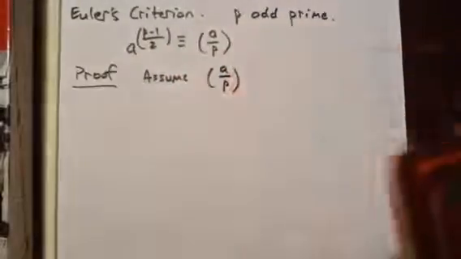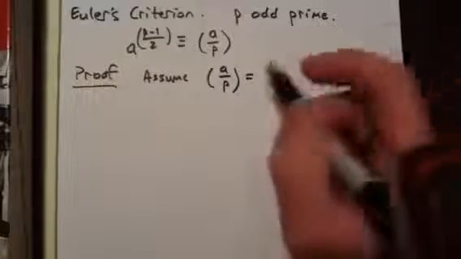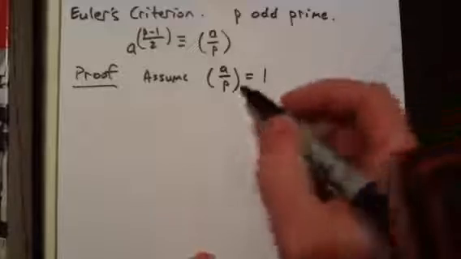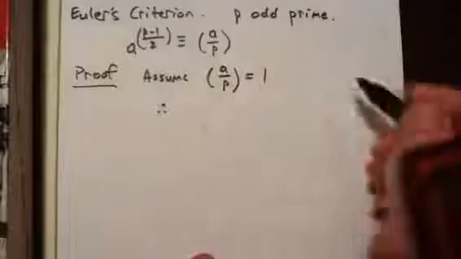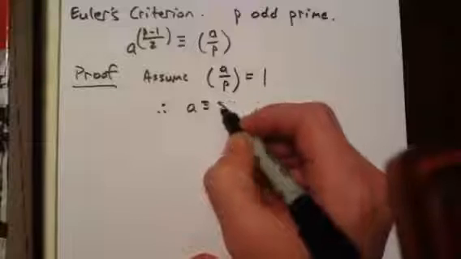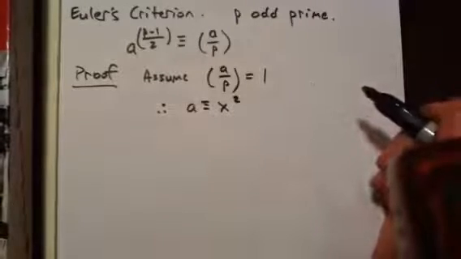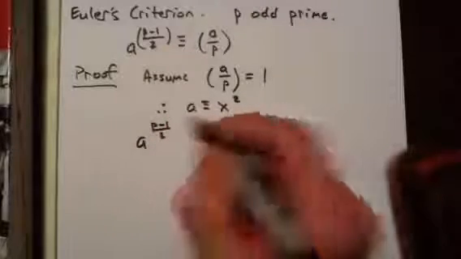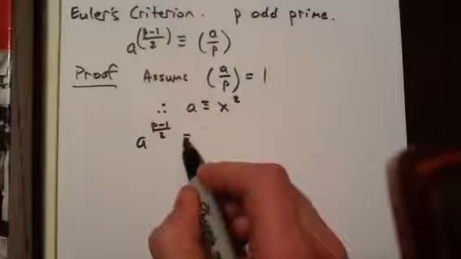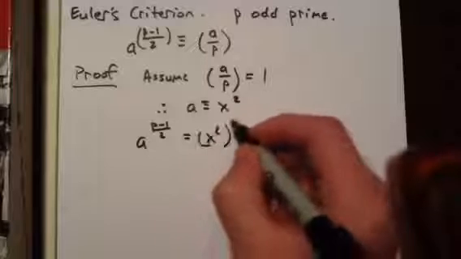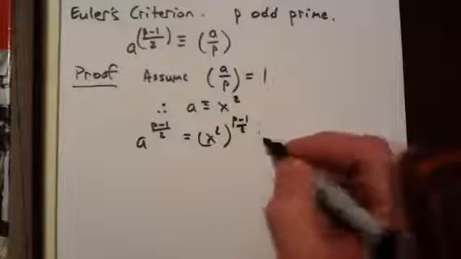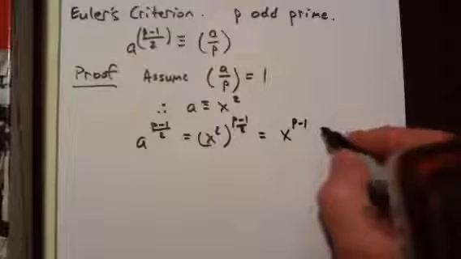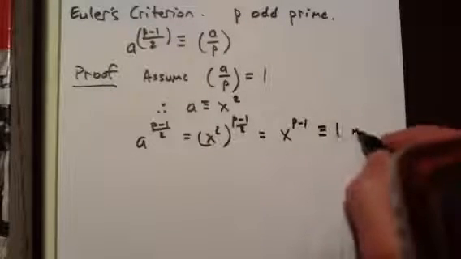a over p is 1. We know it has to be either 1 or negative 1 by the definition of the Legendre symbol. And so therefore, there is an x such that a is congruent to x squared mod p. Now let's consider a to the p minus 1 over 2. That's the same as x squared to the p minus 1 over 2, which is equal to x to the p minus 1, and that is congruent to 1 mod p